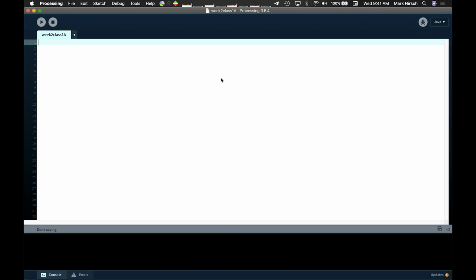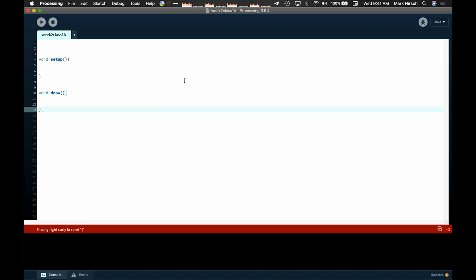Okay, so I have a sketch here. Week 2, Class 1A. We're going to have 2 sketches for this first class this week. And so our goal is going to be to import an image as well as an SVG file. And then we're going to work with those a little bit. So let's go ahead and get the things that we always have in our sketch set up, which is our setup section and our draw section. So let's get that going. Void setup. Void draw. Okay,